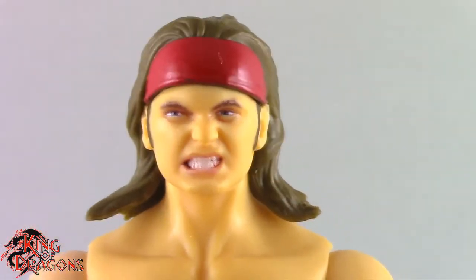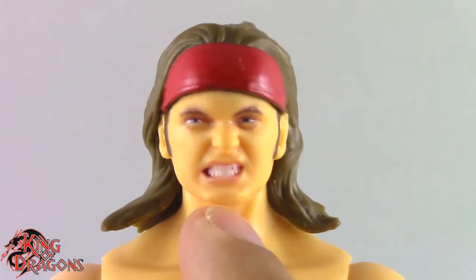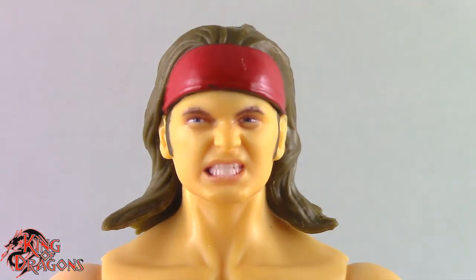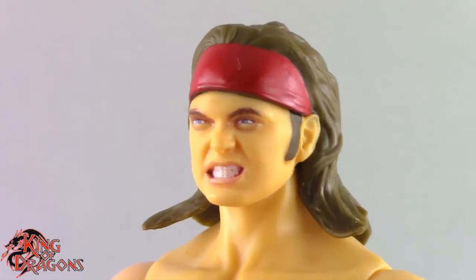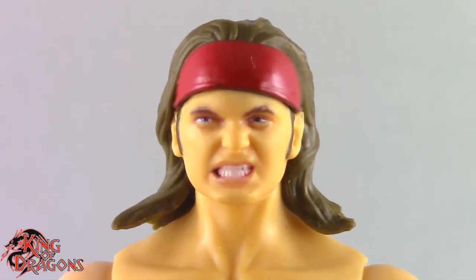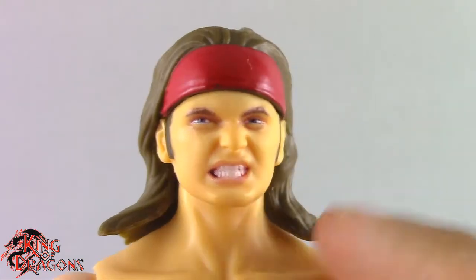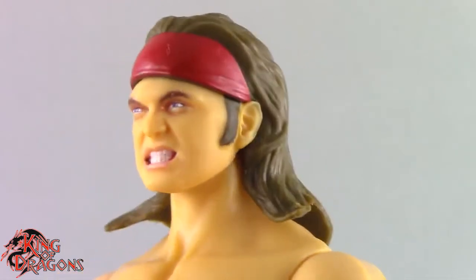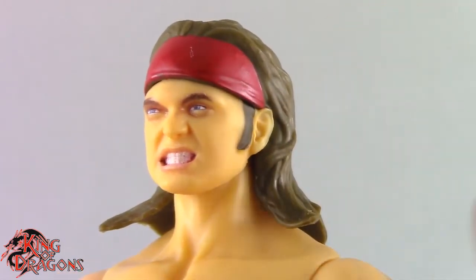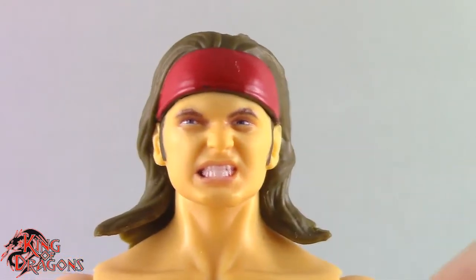And so here we have a closer look at Nick Jackson, and they did a pretty okay job with the head sculpt. The head isn't what I would prefer on a figure, especially a first-time figure, because we don't really have any other Nick Jackson figures, and the only one we have now has this really stylistic face, which really, it's not great. I'm just going to say, out of both the Young Bucks, I think Nick Jackson here is not that impressive. Nick Jackson had a much nicer head sculpt, but that's not to say it's a bad head sculpt. It's just, I think what's throwing it off is that his head is really squished down,